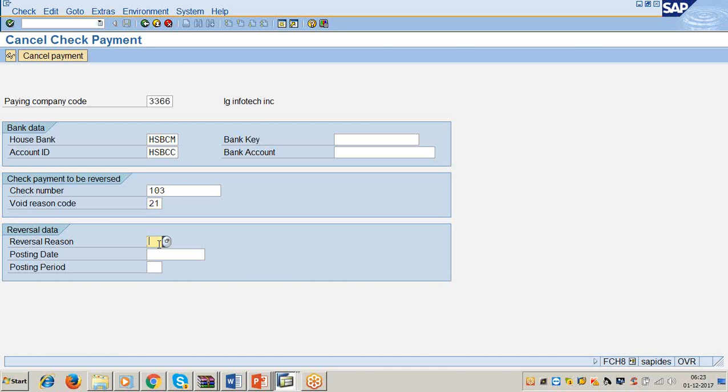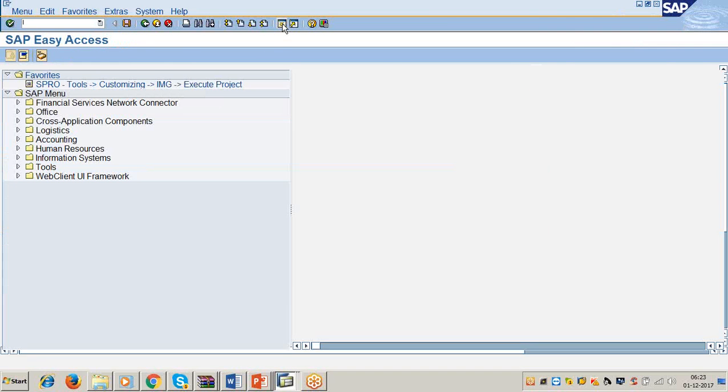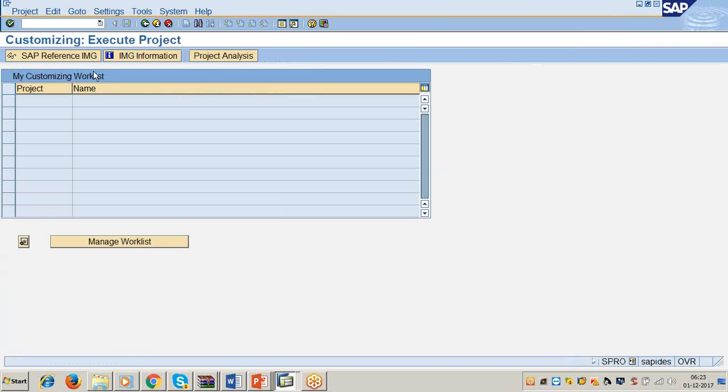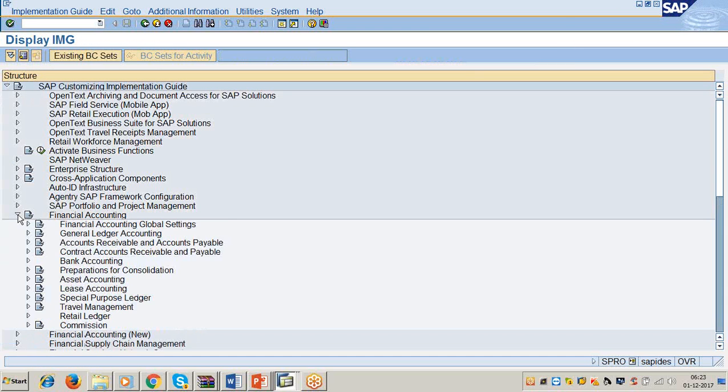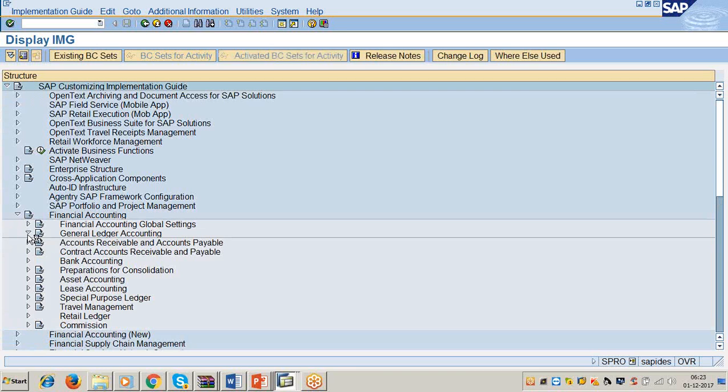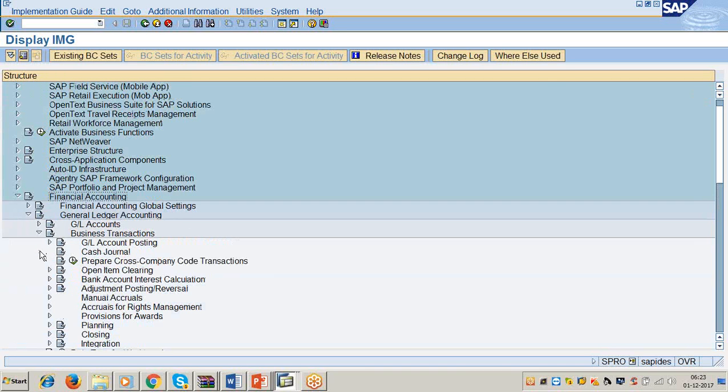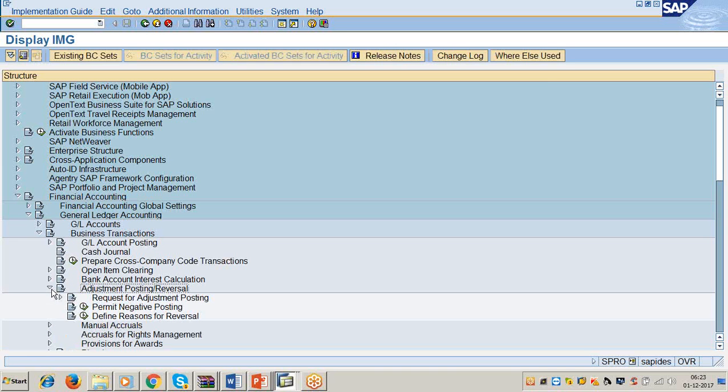You have to go to the transaction code. There we have to create one reversal reason. For example, I have already shown you in the general ledger accounting where we can create our own reversal reasons. SPRO, financial accounting, general ledger accounting, business transactions, adjustment posting and reversal, define reasons for reversal.